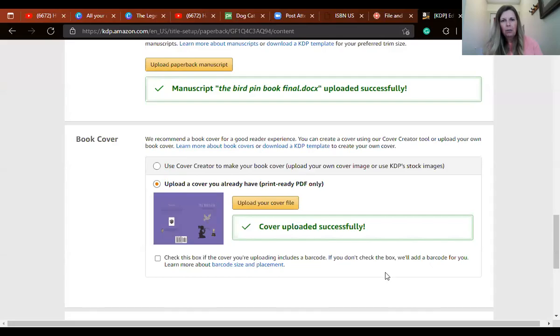And we're going to come down here to upload your cover file. Now, if you created your cover in the top one, the Amazon cover creator, then you're going to look it over, make sure that it looks right to you, and approve it that way. And then it'll be down in here, uploaded successfully. If not,